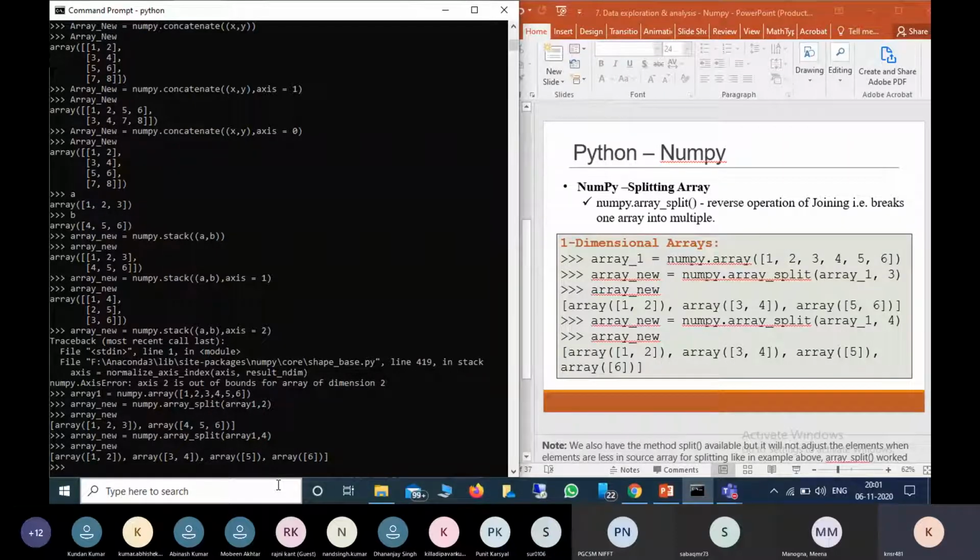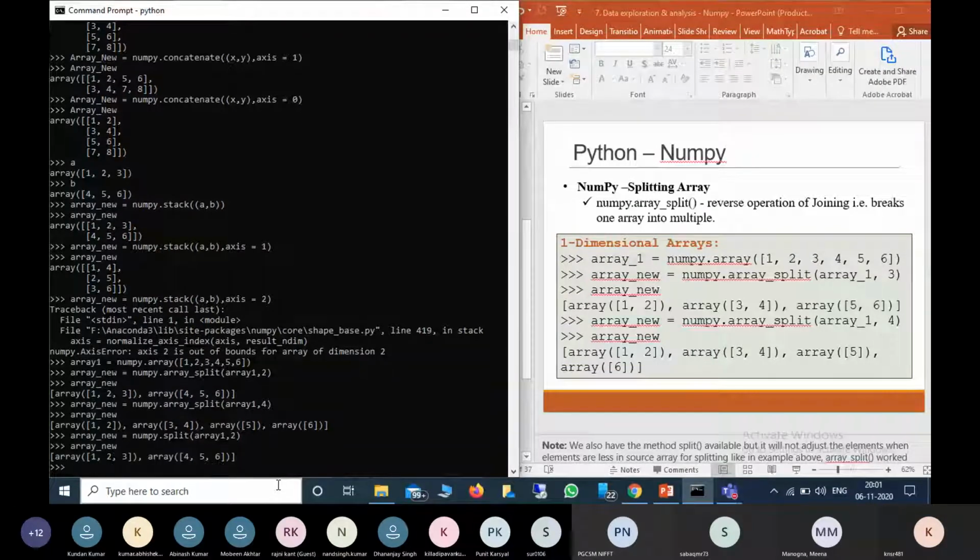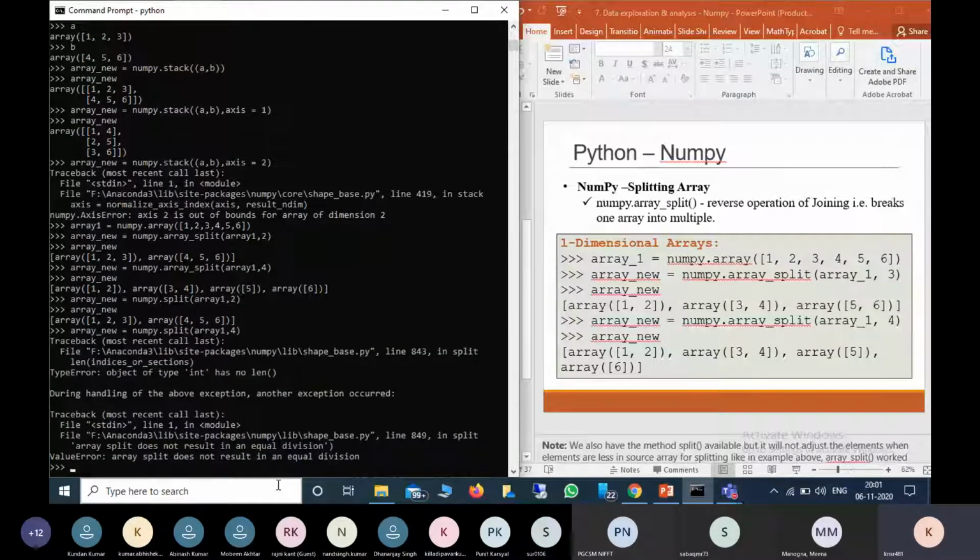But I told you one more function is split. If I want to do split, it will divide exactly. It won't work when the array is not divided properly, meaning exactly.